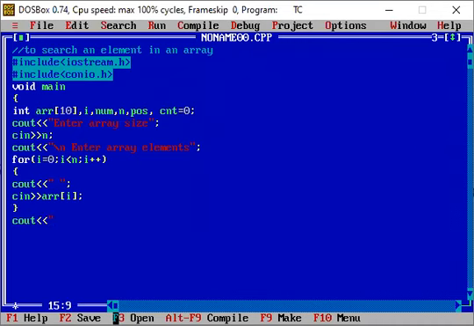So I will write like enter element to be searched. Okay, so this is the particular element that I need to search here. So we have to give that particular element. I will be writing cin. So let's suppose I am defining that particular element with a variable num. So that num will be there. Okay, so I will be giving that num value here.